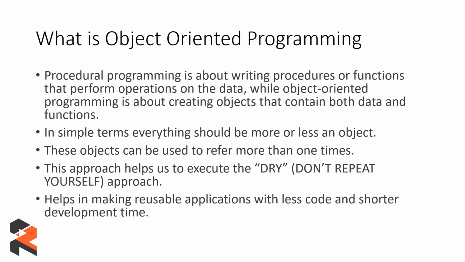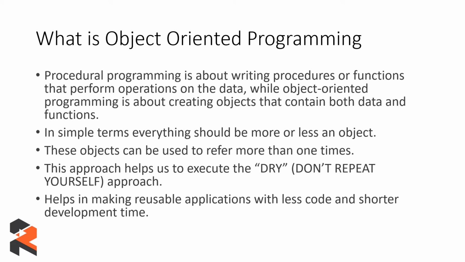And before going into object oriented programming, we need to have a little bit of background about procedural programming. So what is procedural programming? Procedural programming is about writing procedures or functions that perform operations on the data. However, object-oriented programming is about creating objects that contain both data and functions. Now, what it means basically is that in case of procedural programming, we used to write everything again and again, wherein for repeating a particular function more than once, the code had to be written more than one time, and this was a really cumbersome and time-consuming process, which led to the inception of object-oriented